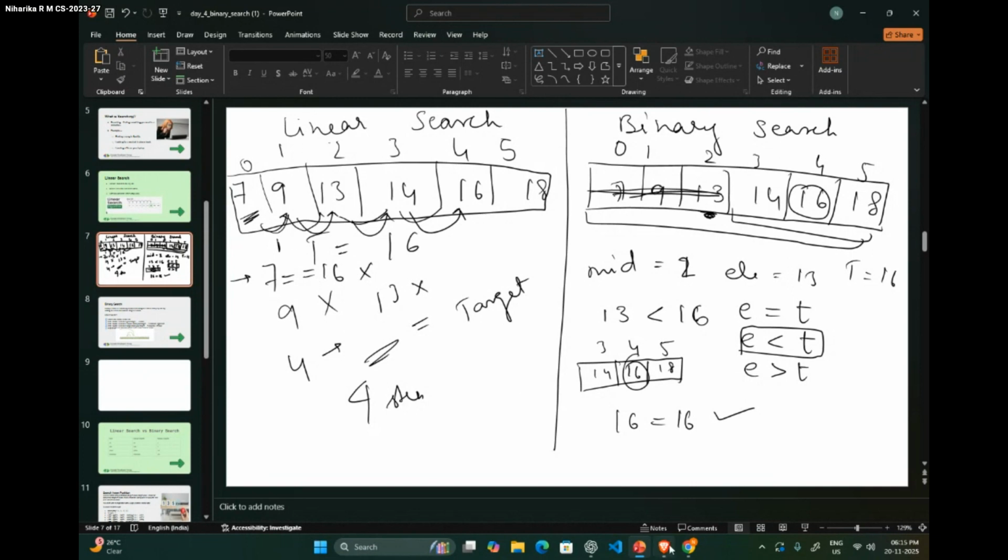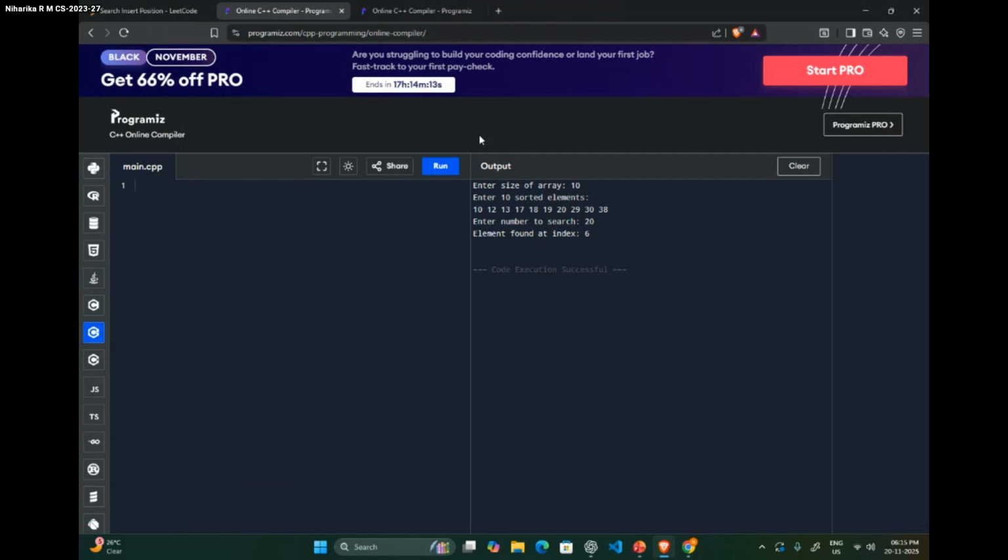So let us see the code for this, guys. I'll show you the code. First we include the standard library, and then I'm giving the usual header functions, guys.